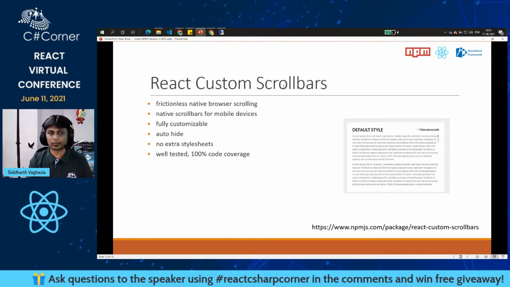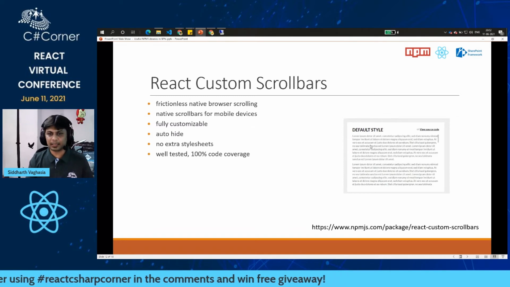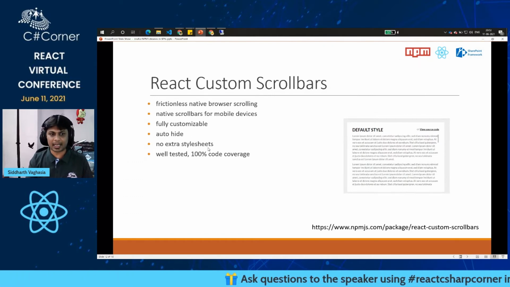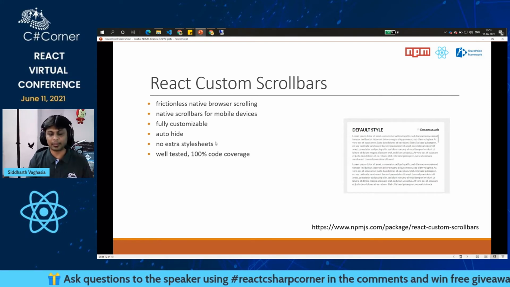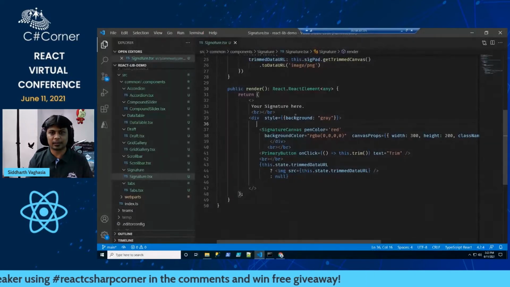We can auto hide, which means the scroll bar will only come when the content crosses the height of the container. There is no extra style sheet required, and it is well tested and used in many places. So let's see a quick demo of this.